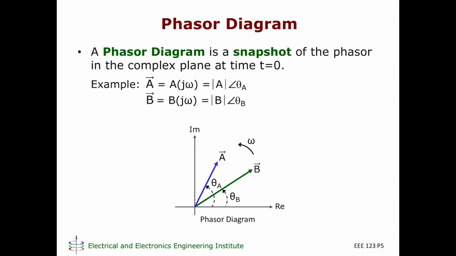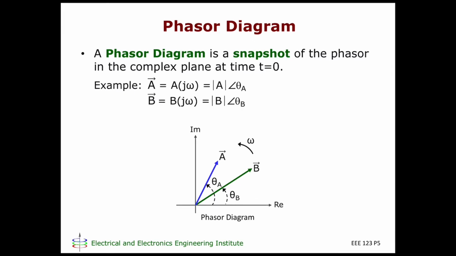A phasor diagram is a snapshot of the phasor in the complex plane at time t equal to 0. So this is an example of a phasor diagram. It shows two phasors, A and B. What is the use of a phasor diagram? Well, a phasor diagram is used to show the relative position of phasors with respect to each other. For example, in this particular phasor diagram, I know that A